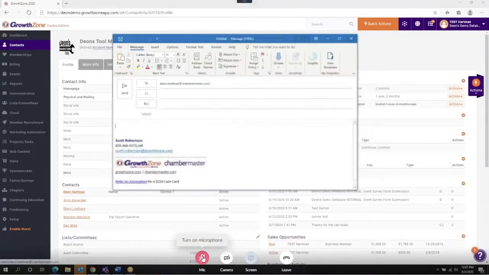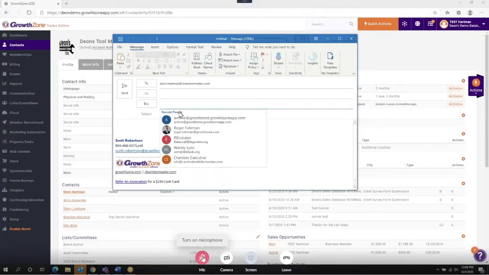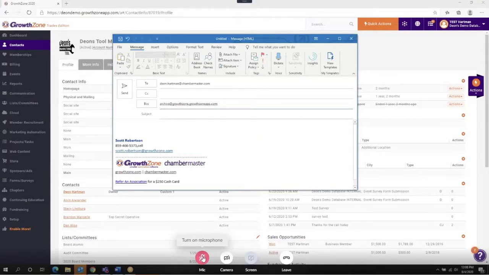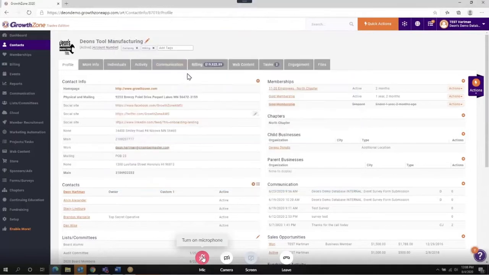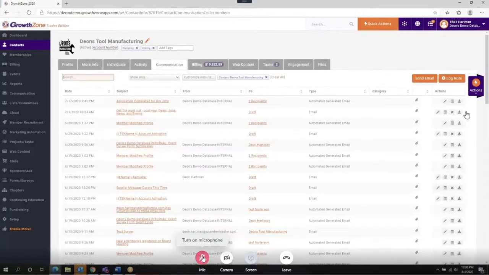So when I'm emailing, I just click on the person, my Outlook opens up and I can send my email through Outlook. I just have an archive address that I drop in the BCC field. So anytime I'm emailing outside our software, I just put that right there in the BCC field. And now this email is recorded underneath that communications tab, and it will give me those delivery stats, even though I didn't send it from inside our software. So that's one of the,